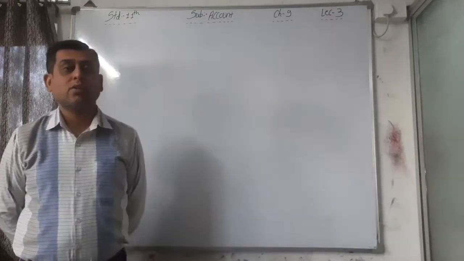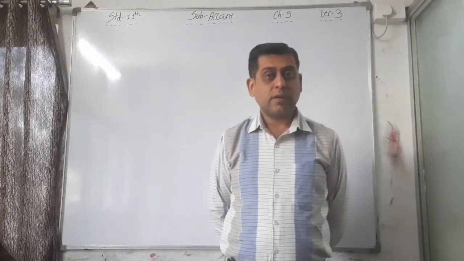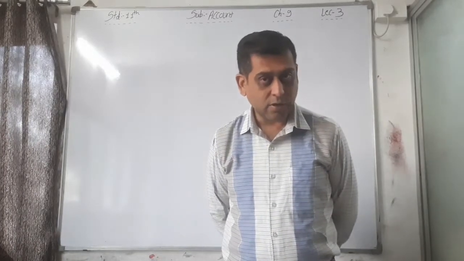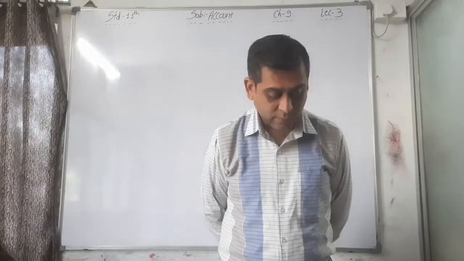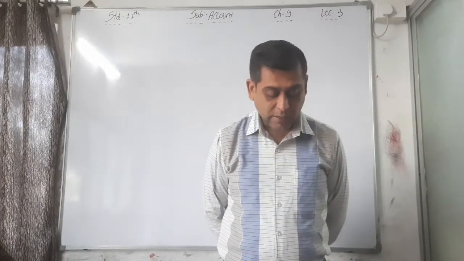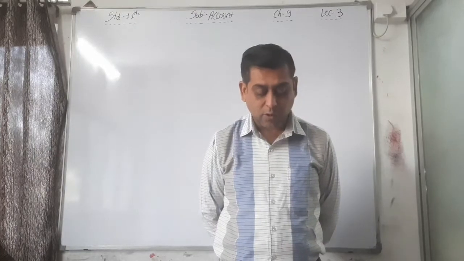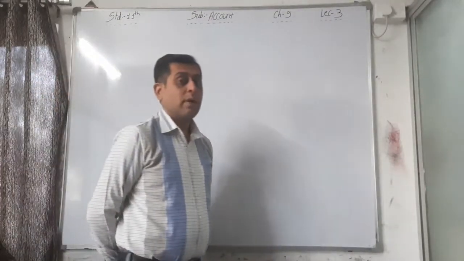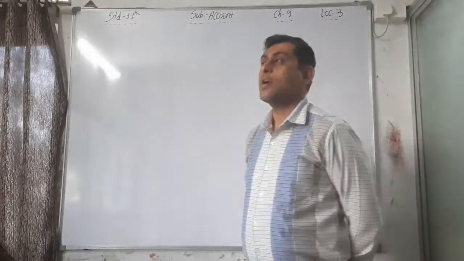Now see the third journal entry. Please underline, that is, draw a line after the transaction. That means the second transaction is over. Now fifth date, third transaction: received a cheque of 7,000 in full settlement of 7,400 dues from Mansi. Here 7,400 dues from Mansi. Is Mansi receiver or giver? She is the giver, so the giver account is credited.